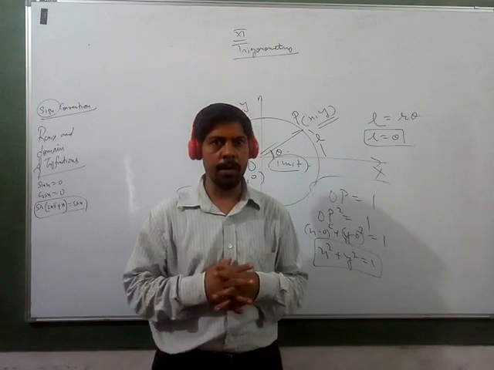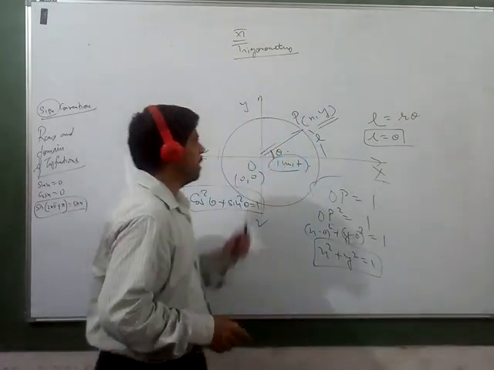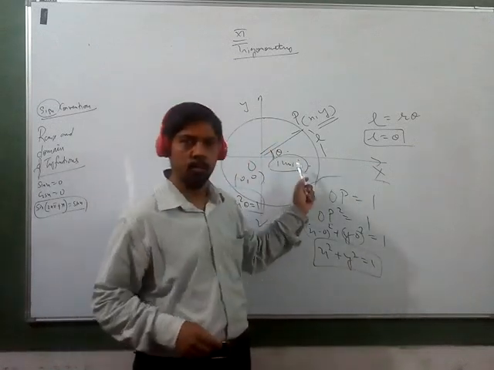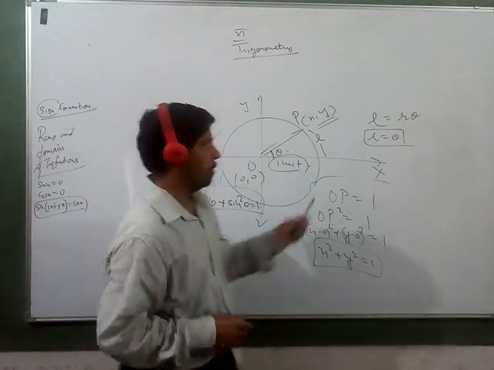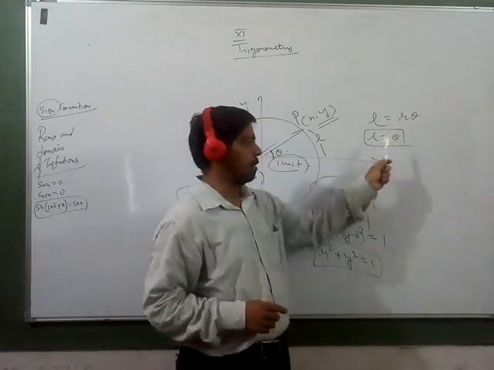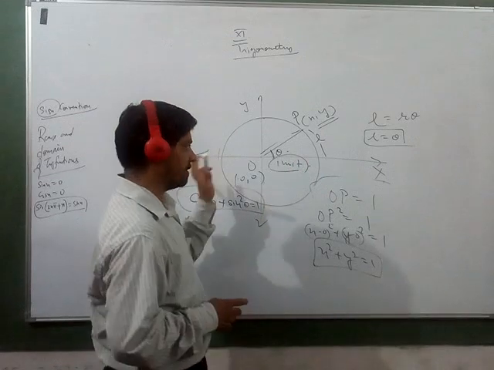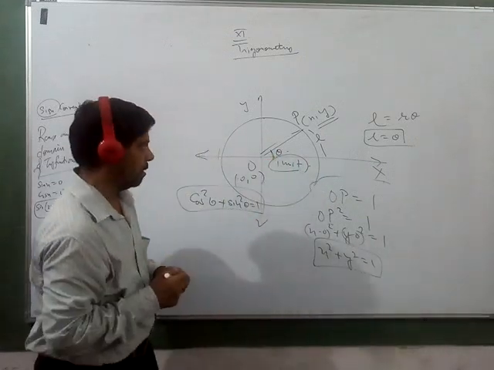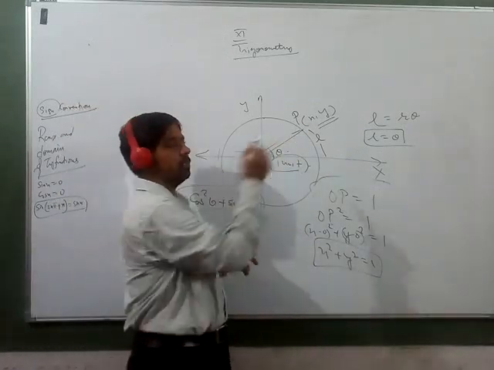As you know, we are doing trigonometry, and I have already told you in the last video that we have to take a unit circle. A unit circle is a circle whose radius is 1 unit. The advantage of taking a unit circle is that when you write L = rθ, r is equal to 1, then L is equal to θ. So the distance travelled on the circumference becomes exactly equal to the angle in radians. That is the advantage. Another advantage of the unit circle is that the radius is always 1 unit.